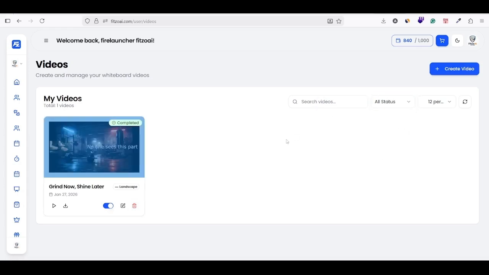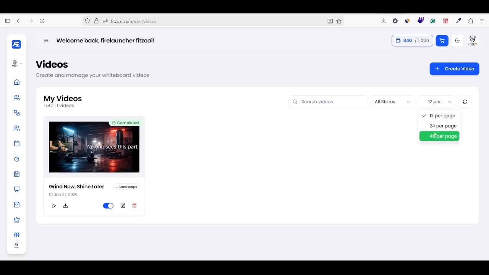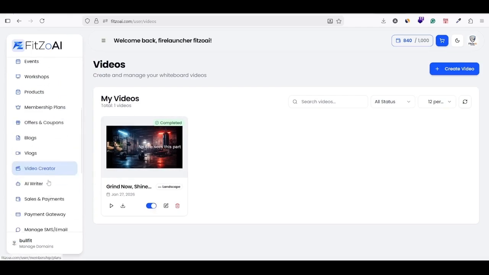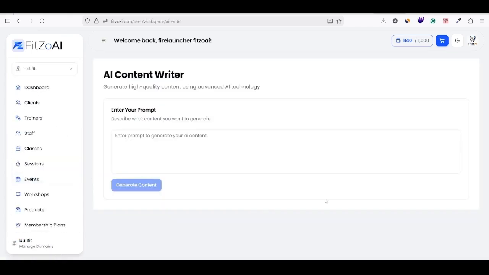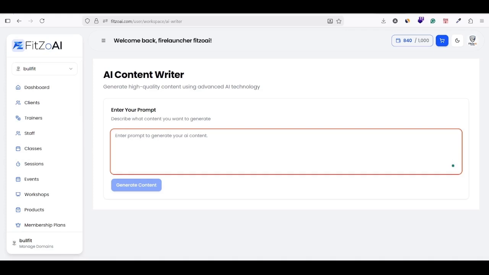You can search for your video among all the videos. You can sort by pages. Now we will move to the AI writer. In this section, we can generate any content using AI. For this, we just need to write a prompt like this: